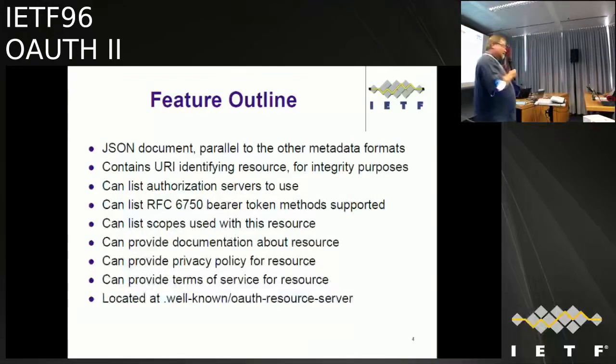Well-known has been used by OpenID Connect and some other use cases where you tack it onto a resource URI. So if, for instance, your issuer is a path, you tack it on there. And this would be the same case: if your resource includes a path component, you would append /.well-known/oauth-protected-resource to that path. That's what gives you the circular reference, giving you integrity of tying the resource server to its metadata. So good question. Next.